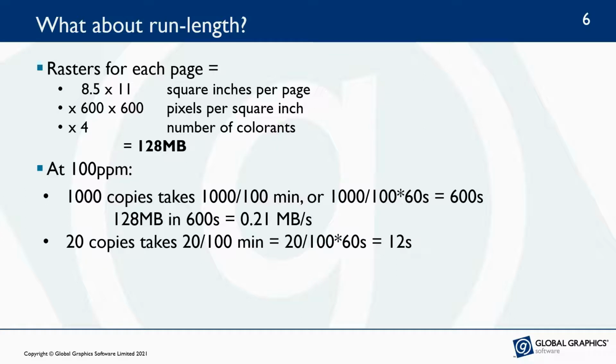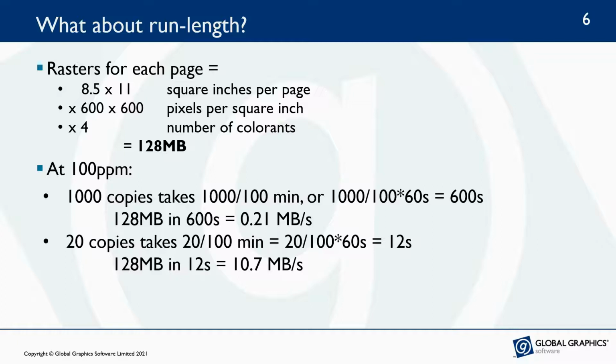But now imagine that I'm only printing 20 copies of each job. Now each one takes only 20 over 100 minutes, or 12 seconds on press. So the DFE has to prepare the following job in 12 seconds instead of 10 minutes. The average raster delivery data rate required from the RIP is 128 megabytes in 12 seconds, or a bit over